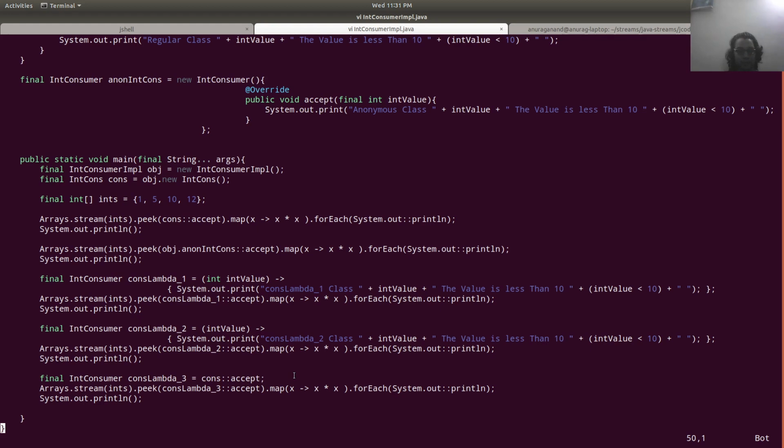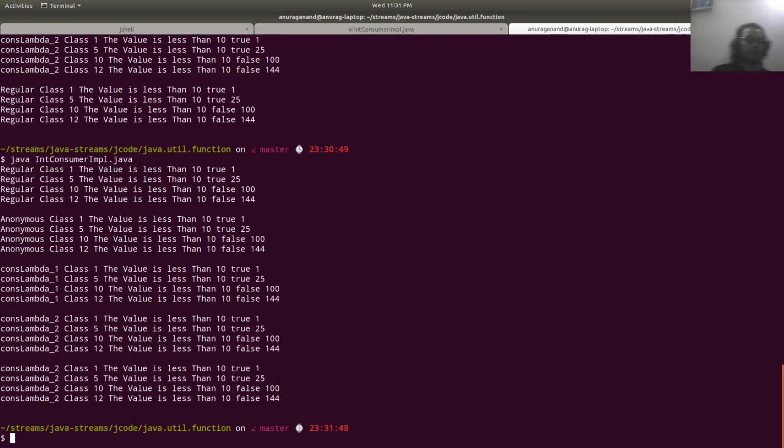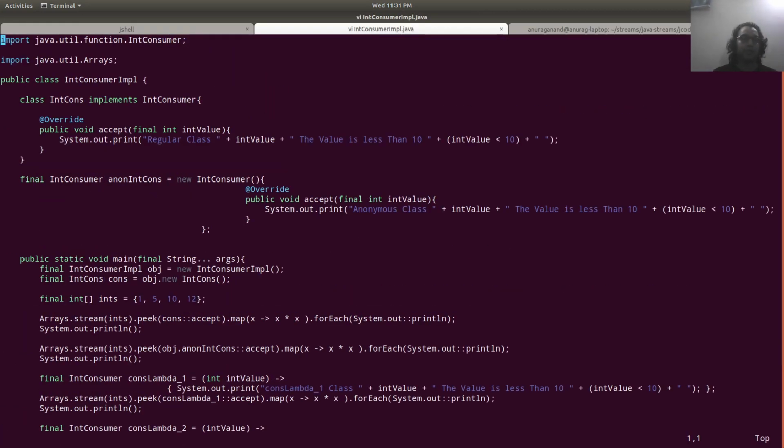I can replace this cons accept with anything. For example, I can say consLambda2, it is going to work. Now it is going to call the function defined in the consLambda2 implementation of this IntConsumer functional interface.